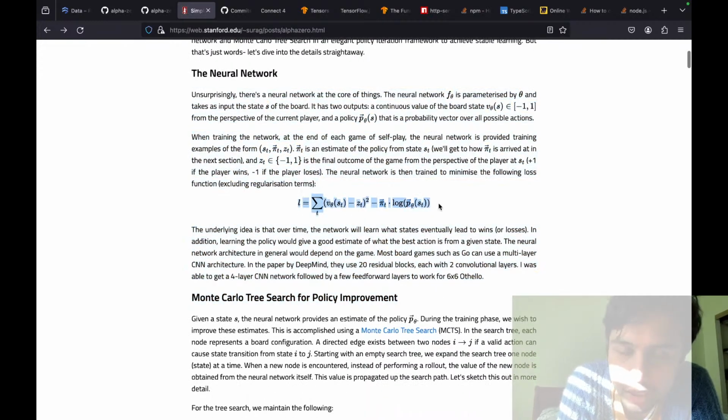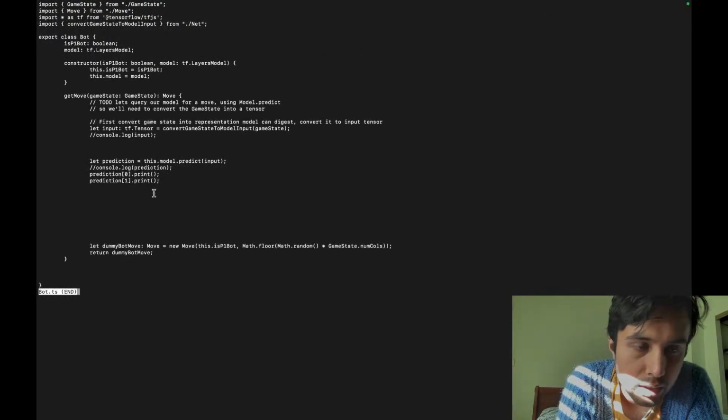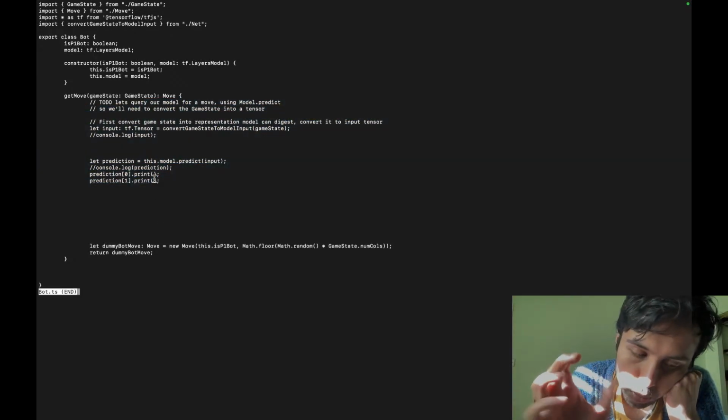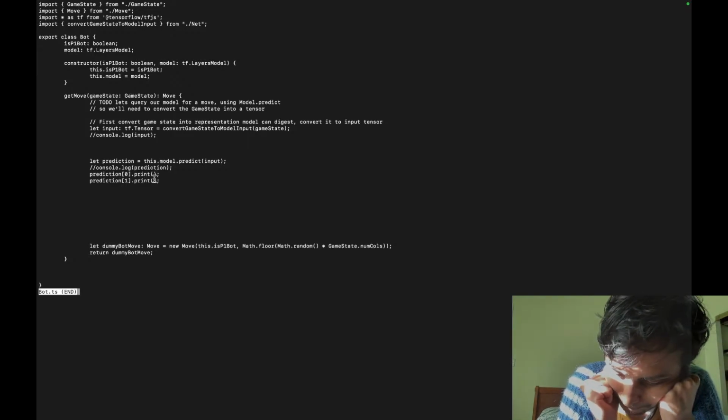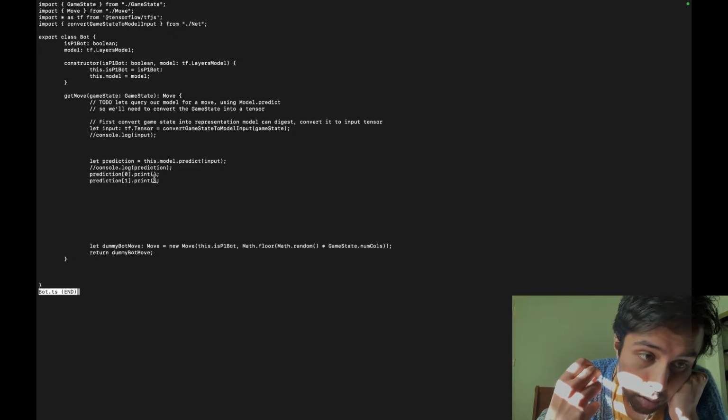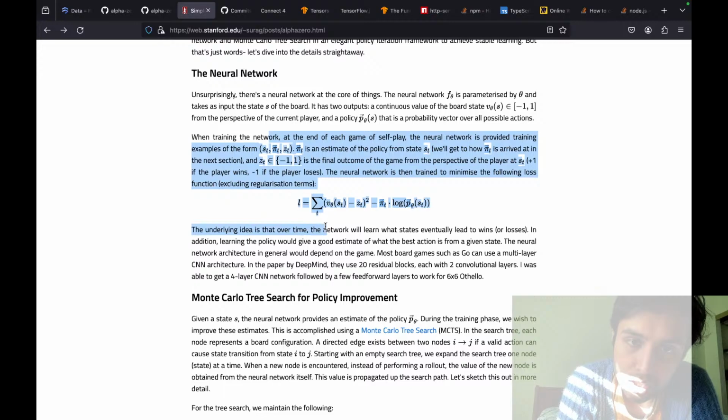We're treating this as a black box, just something that gives you a value and a policy. Right now we're only focusing on the policy to get the game to work. Once we finish this, we've integrated the network. I'm so close to integrating the network with the game, and once that's done I can set it aside and focus on actually training the network, and that's where the actual fun part begins. We treat this as a black box network, and we improve it by using Monte Carlo tree search to make the neural network more and more accurate.